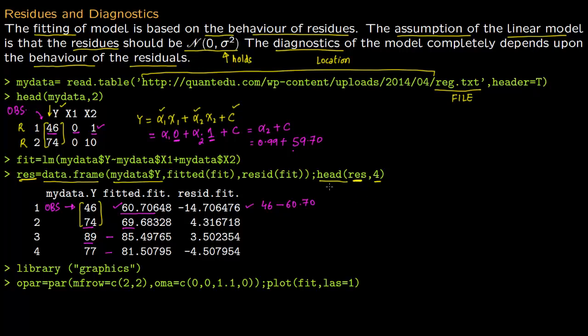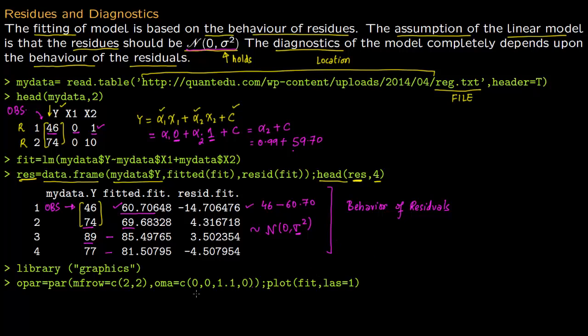So the entire game depends upon diagnosing the behavior of residuals. So the behavior of residuals is important to check. The fundamental assumption is that this is the underlying distribution for the residuals. That is, these values of residuals come from some normal distribution with mean 0 and variance sigma square, and that is what we want to check. So notice that there is a constant variance.